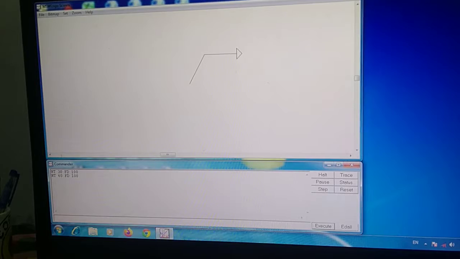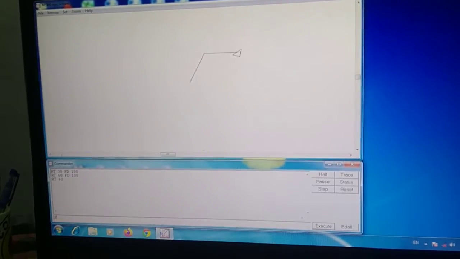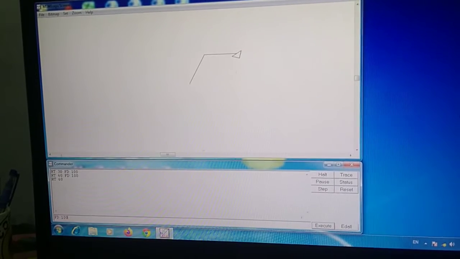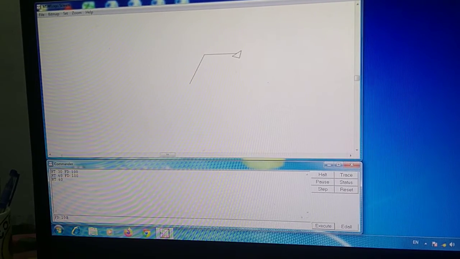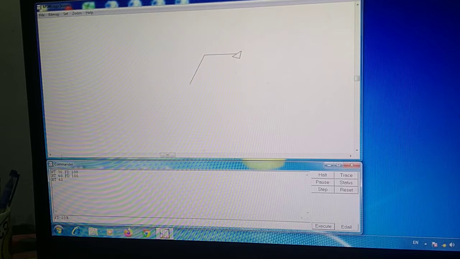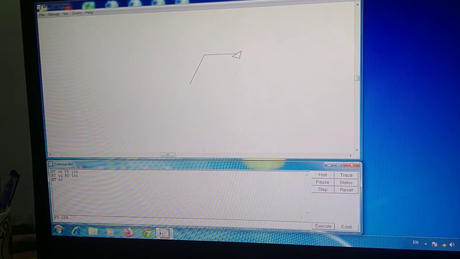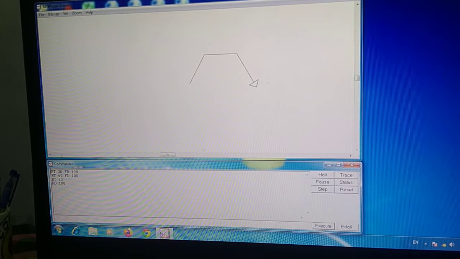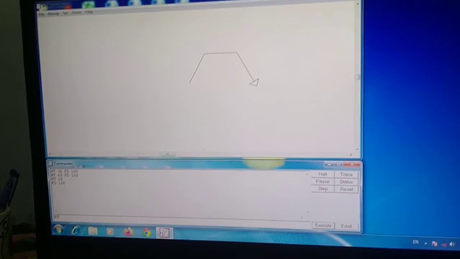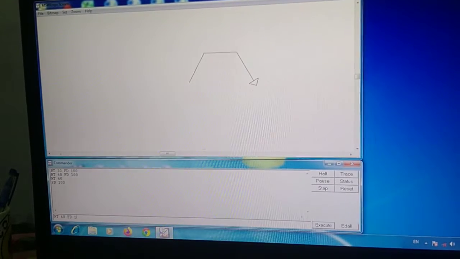Now RT 60, FD 100. RT 60 FD 100. Now RT 60 again FD 100. RT 60 FD 100.